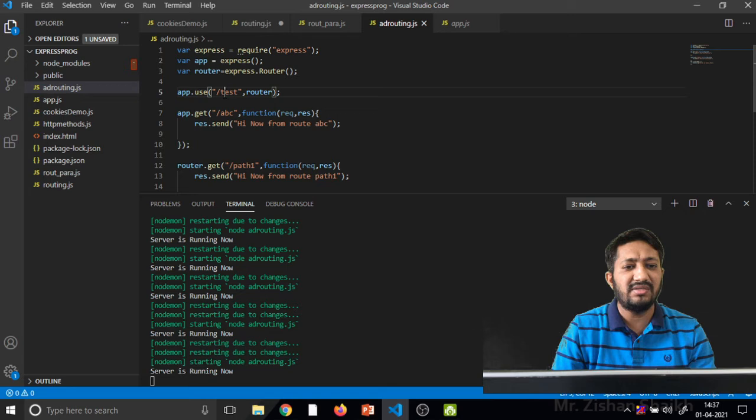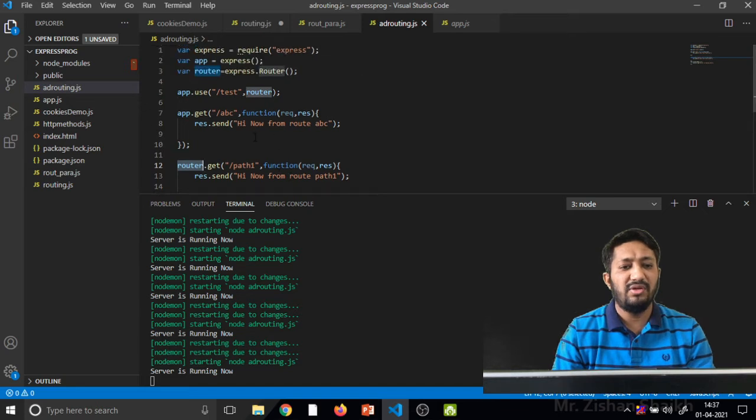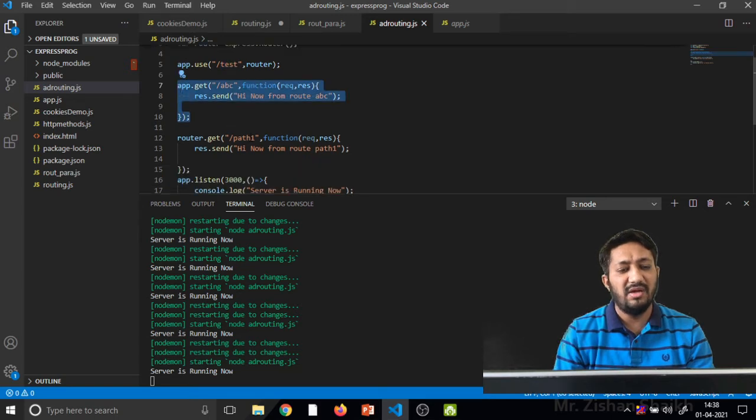But if you want to access using the router, at that time we have to use the concept of router. For that we have to initialize one variable, router, that contains all the functionality from our router. Then we compulsorily have to use app.use. What app.use is telling here is that our whole route, followed by the router variable, is passing through this route only. So this is the path from which all the functionalities we are performing are followed.